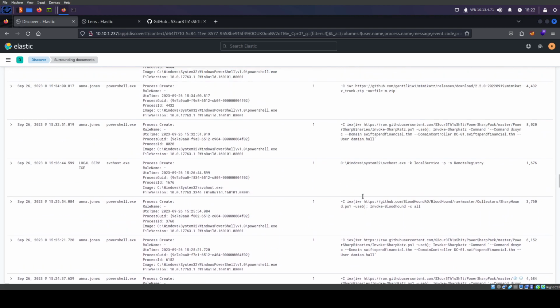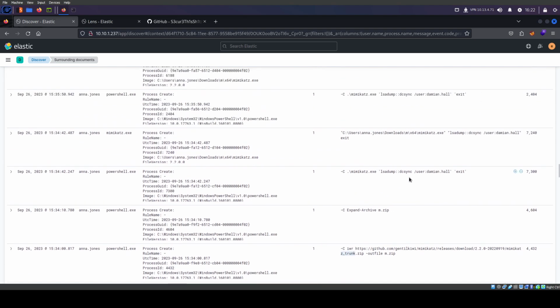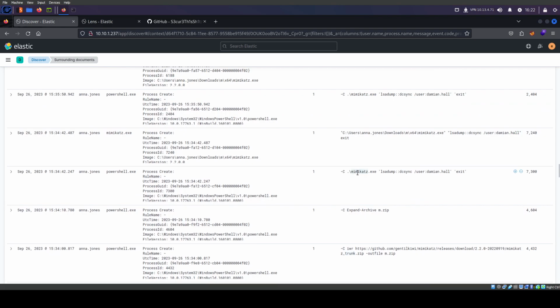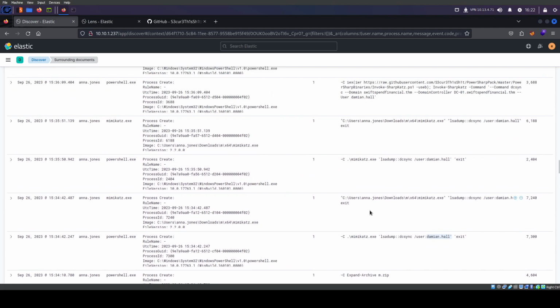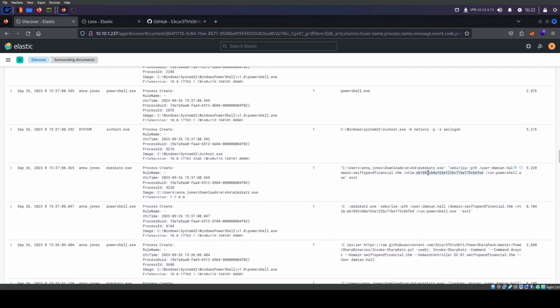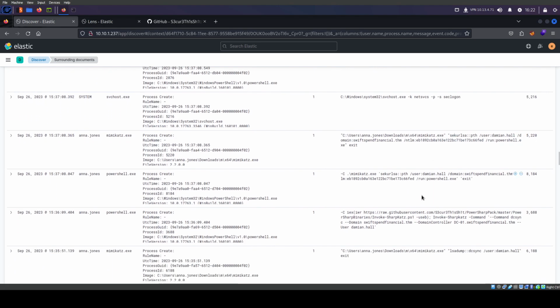So now it's targeting this user Damien Hall. Right? And if we go all the way here, now it abandoned Invoke, I think, and now is using just regular Mimikatz. Damien Hall is still our user. That's our target. And yeah, it keeps trying. Oh, we have a hit. So right here, you see it goes from trying to use Invoke-SharpCats to actually getting in. This is a pass the hash.